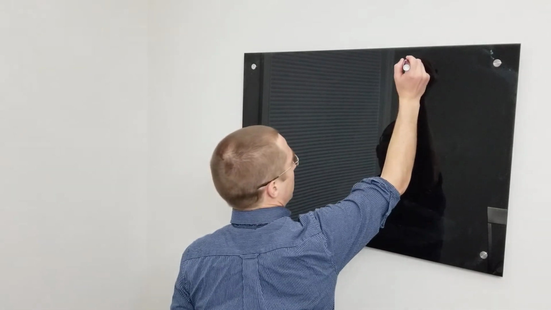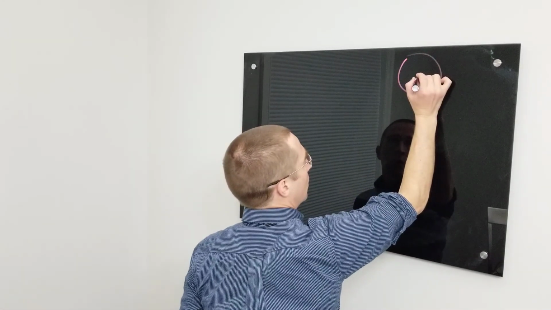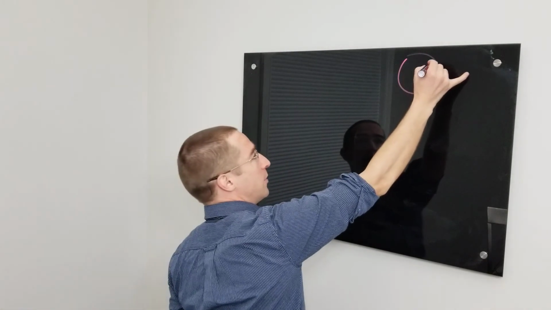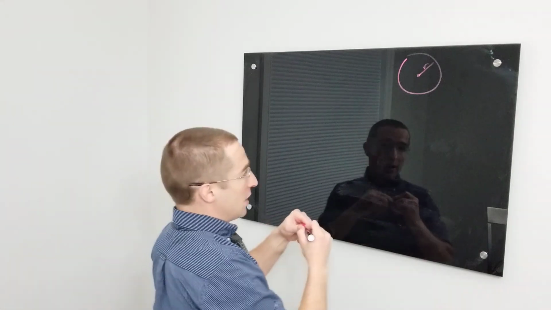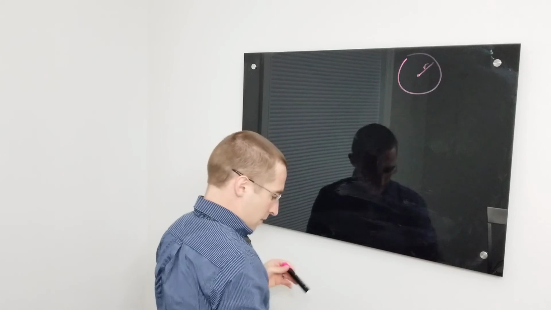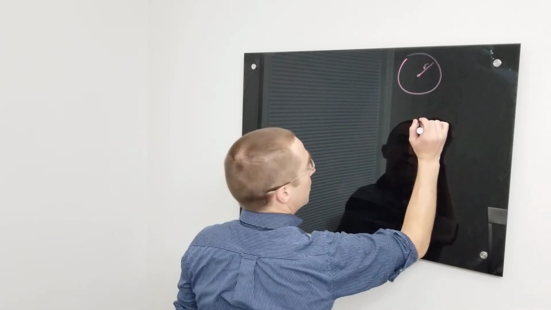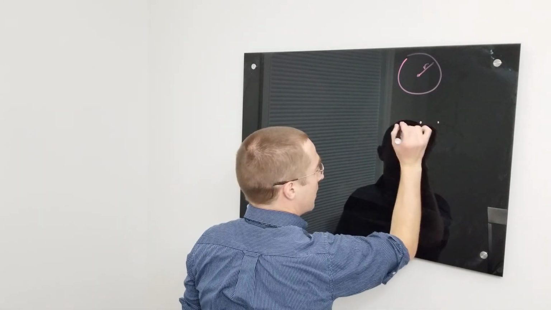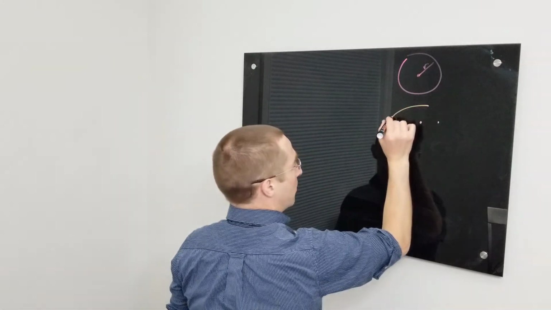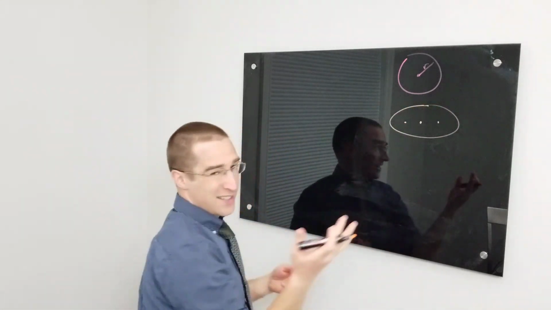So a circle is the set of all points that are equal distance from the center, right? They're all the radius away. If we take the center of a circle and we split it, and we got a center here, but then we have what are called the foci, and we can make an ellipse around that. That's not an exact ellipse, in the same way that's not an exact circle, but